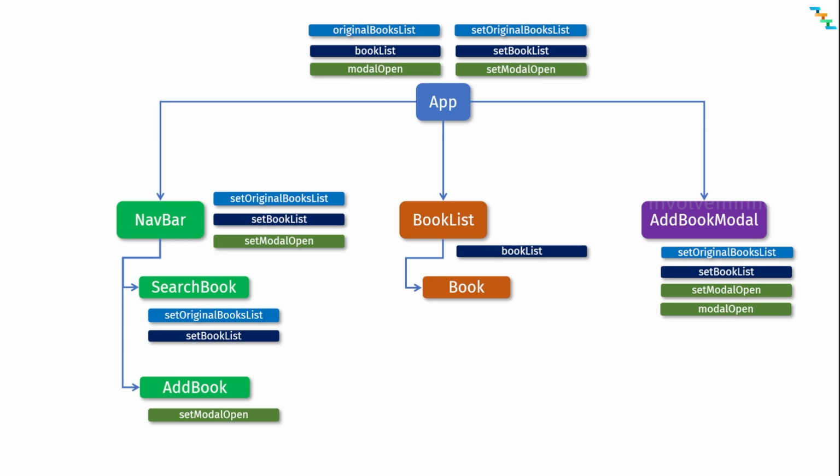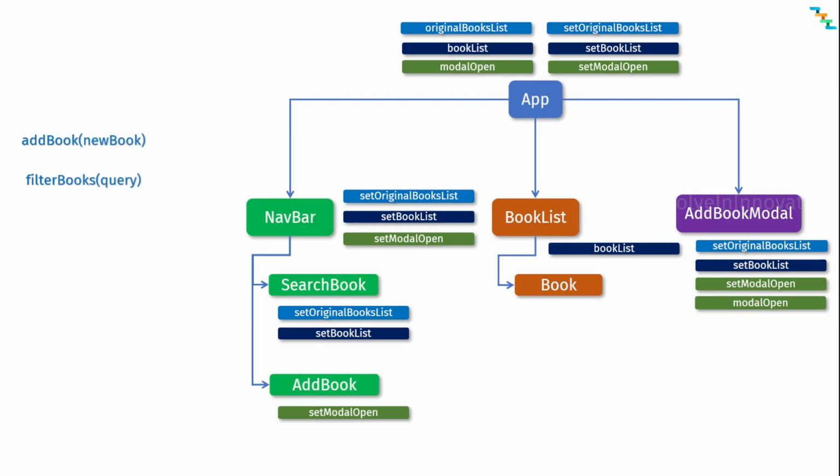And here we also need to filter out the values before persisting that to the state. For example, whenever I add a new book, this function adds or validates something whenever a new book is added. In this case, it might need to add a new ID based on the number of books already present in the book list array object. And we might also have the filter books filtering the values in the book list. We need to make sure the conditions are met. For example, if the query is empty, then we need to use the original values in the original book list